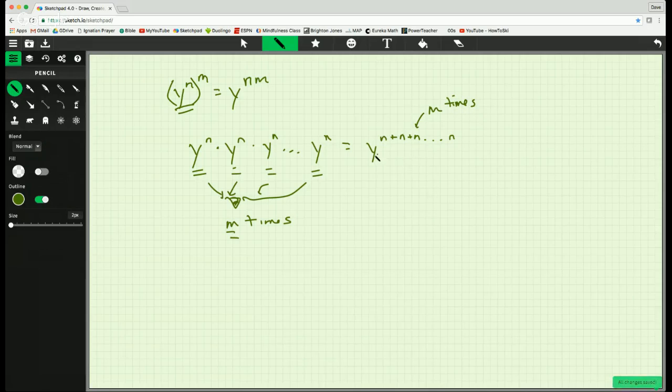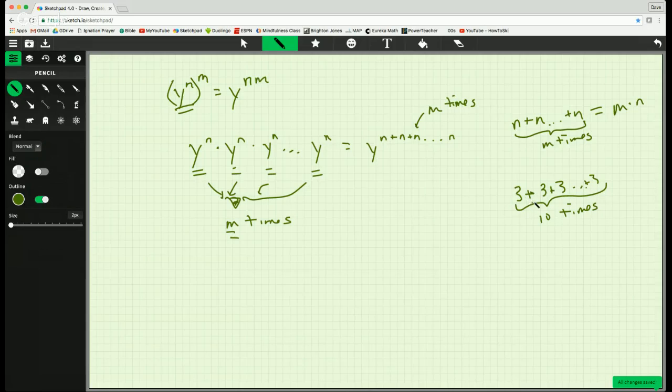Well, if I have n plus n dot dot dot, m times, that's equal to m times n, right? Because if I had 3 plus 3 plus 3 dot dot dot 3, and I had that 10 times, sorry, these are pluses,